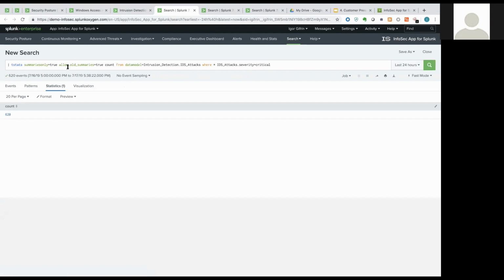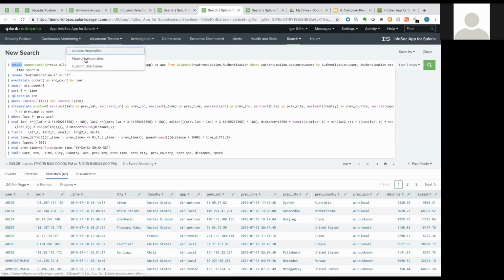This one takes a look at an accelerated data model and picks up everything that has a severity of IDS attack critical. And this is something that you can use anywhere. The same logic applies if you are just learning accelerated data models. Anyway, going back to